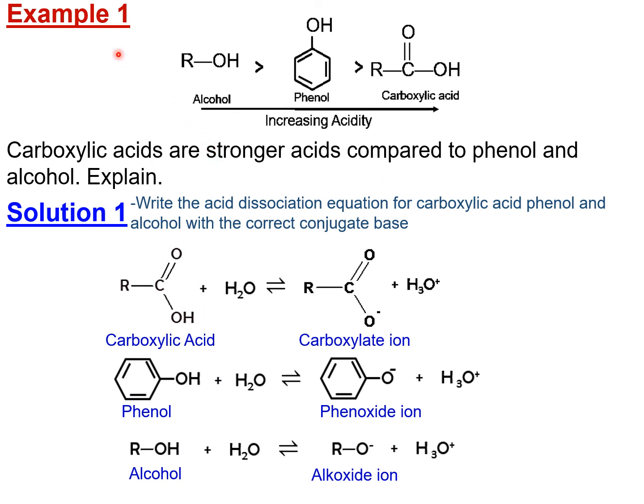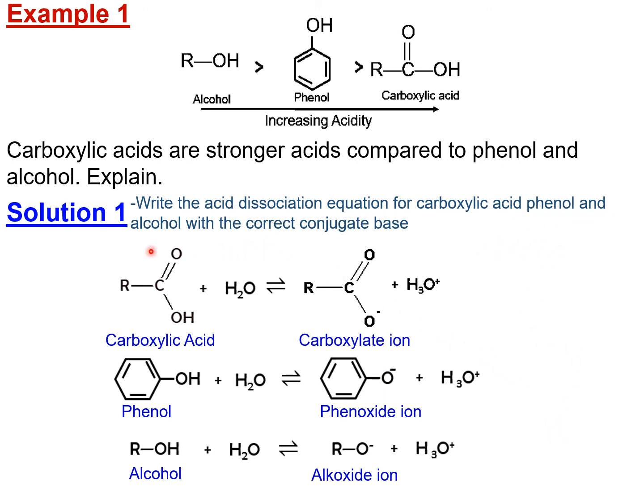Let's look at this example. Dia suruh kamu explain kenapa carboxylic acids are stronger acids compared to phenol and alcohol. Okay, kalau macam ni tak ada masalah sangat. Sebab kita tahu carboxylic acid is the strongest acid just because dia boleh buat resonance between two oxygen atoms. Okay, so you boleh terangkan melalui dua cara. Sama ada you write down macam mana lepas dia lose proton tu dia menghasilkan apa, conjugate ion dia. Okay, ataupun lagi satu dengan cara you terangkan melalui ayat saja.